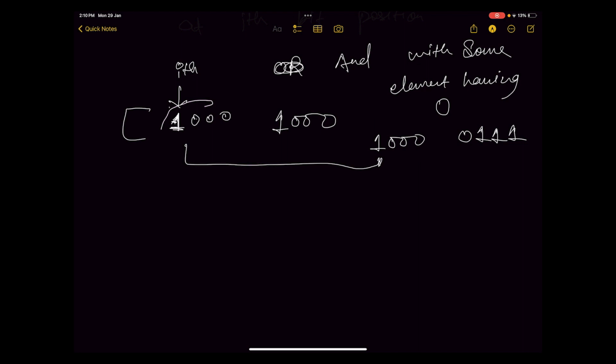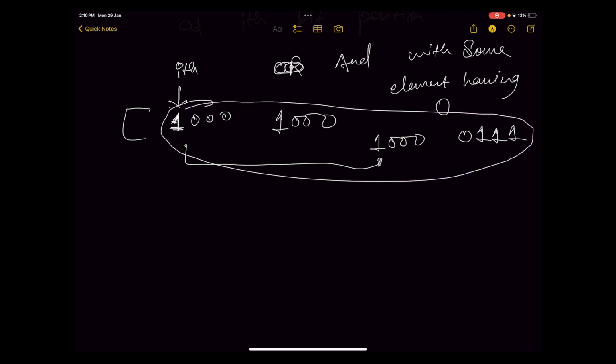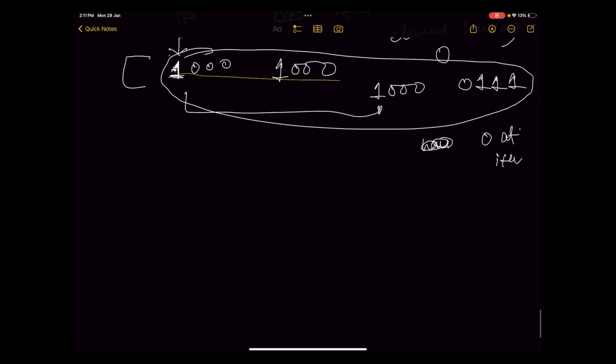So I can form a group of this, and if we perform AND of these elements with themselves, this will result in the 0 at the ith bit position that we want. So we need to form groups of this kind so that the AND operation of these elements would result